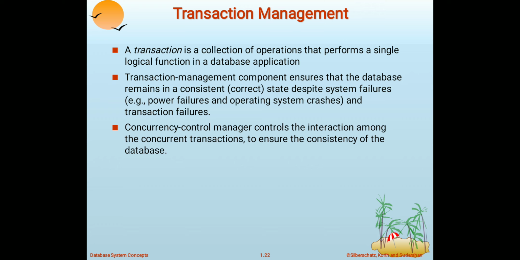Suppose A wants to transfer 5,000 but in the meanwhile there is a power failure, then the amount will be in the middle. So A will not get it back and B will not deposit the amount. That type of failure we call a power failure. How these types of situations will be rectified, we will discuss in the next sessions.